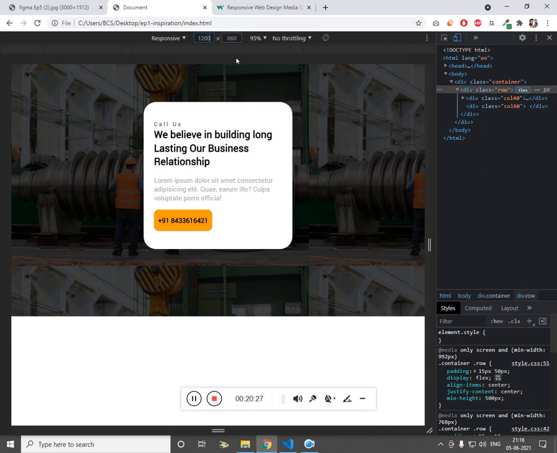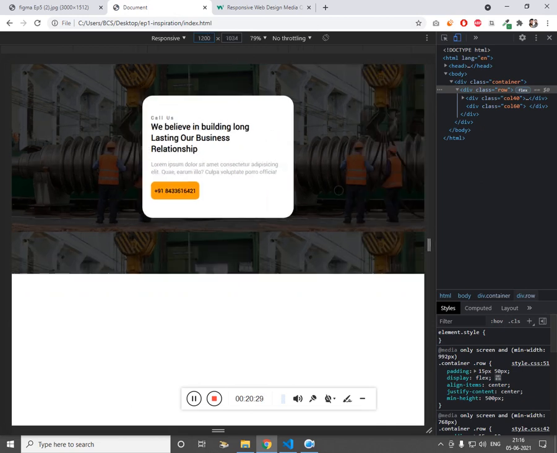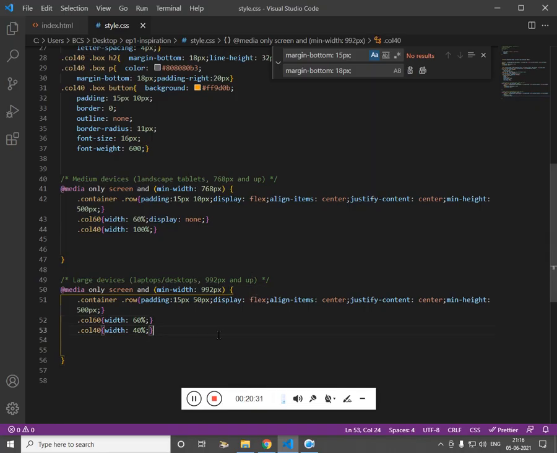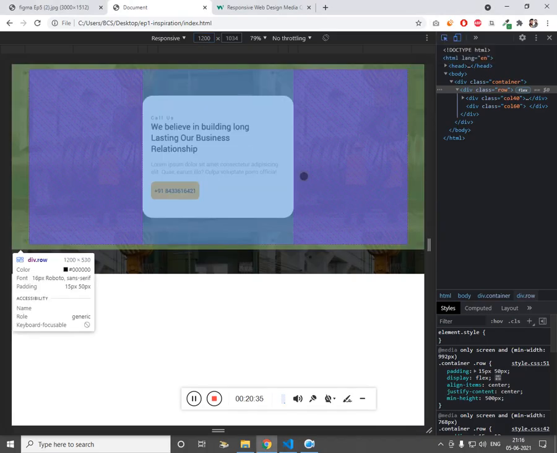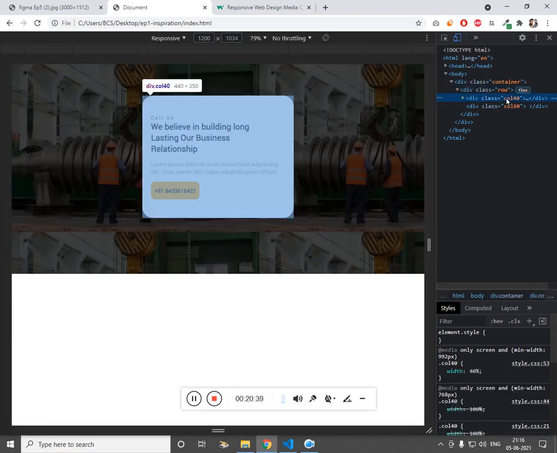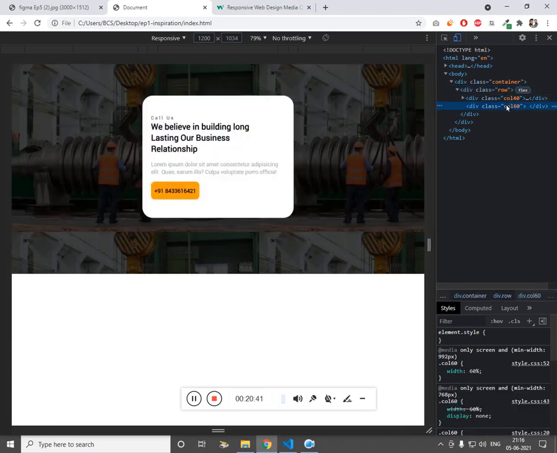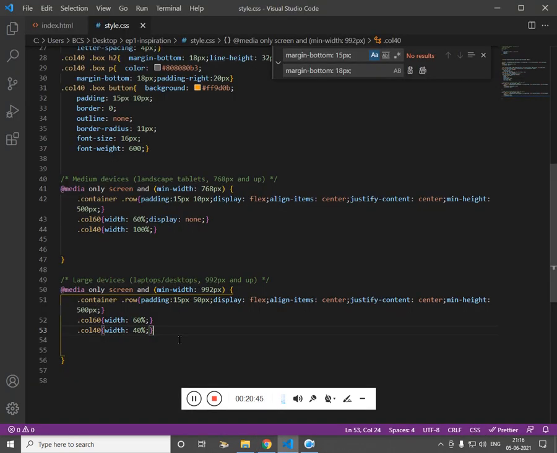Let me see why. We have row 40, 60, display none. So we have to remove the display none. We'll make this display block here. Refresh. Now you can see this is for the desktop.